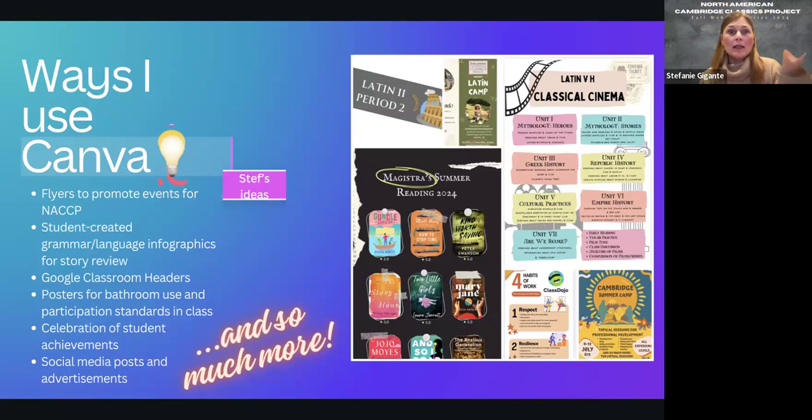My colleague, Amy Mason, who is phenomenal and has also done her own Canva workshops over the years, and I co-develop a poster every year to celebrate our National Latin Exam winners. And when I say poster, it's massive. We ask the students who have received awards to submit a picture. We plug in the pictures to this overall graphic, and then we print it out with IT's help,